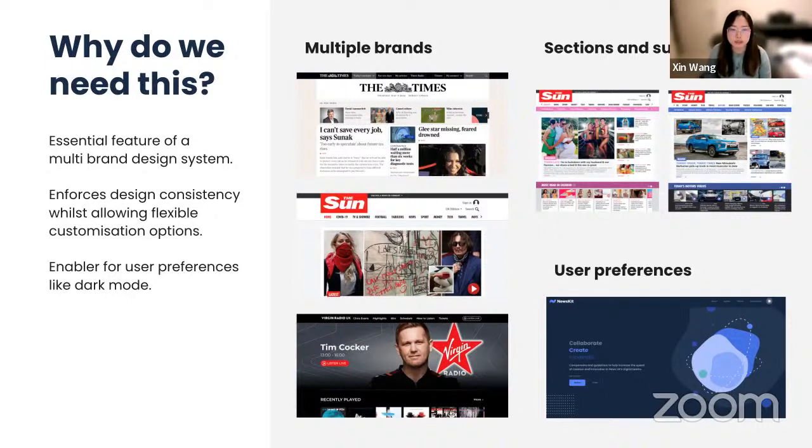So you can almost think of a themeable design system as a system that can scale with the needs of your organization. So let's say a new newspaper brand comes in, and they want to spin up a site really quickly. You can use NewsKit components with your own theme, your own style guide, and you can spin up the site very quickly.